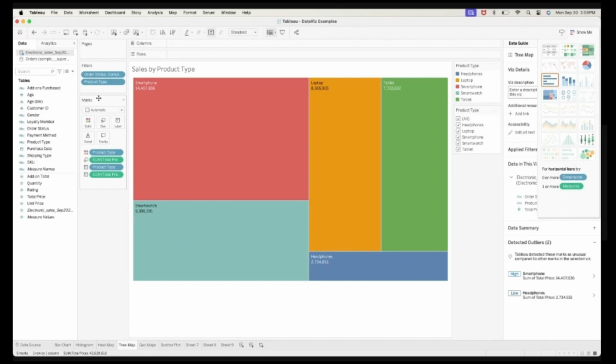I actually have the product. The important here is the product type and the total prices. This is what I used as the value for sales, but its header is just total price. Okay, so let's replicate this.